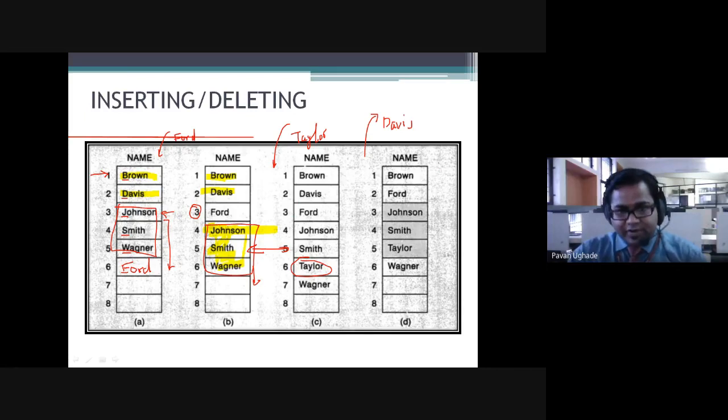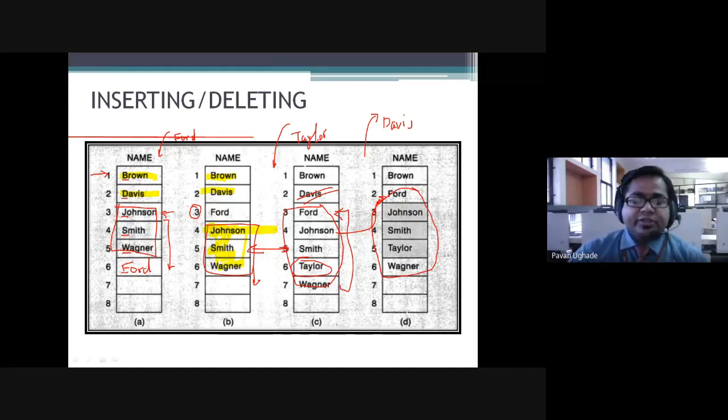You will first find out where Davis is, by comparing. Okay, here is Davis. Then remove this entry, and all the elements below it, which are already sorted, will be moving up here. So all the positions from here, I have simply moved up, because that position is empty and we are putting them here. This is how the insertion and deletion operation is performed. How to perform that, we'll be doing. Hope you understood this insertion and deletion operation.